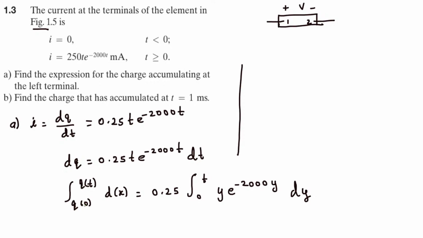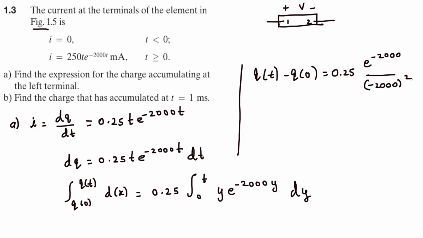We know that the integration is going to be the difference. So first we have q(t) minus q(0), and then on the other side we are going to have 0.25, and when we integrate this one we are going to have e^(-2000y), and when you integrate an exponential we will have the power in the denominator, so we are going to have the negative 2000, and that will be squared as well. Okay, and that one multiplied by